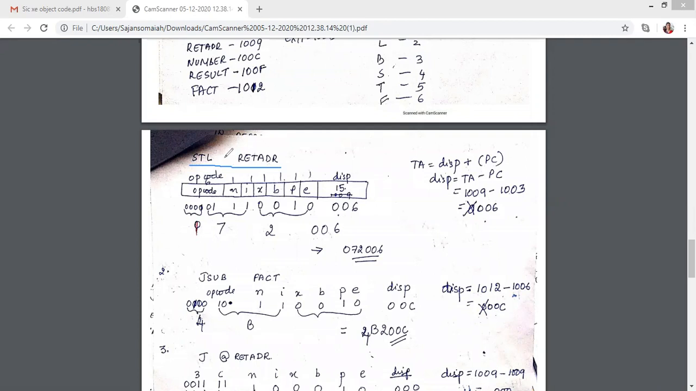Now this is definitely a 3-byte instruction, right? So the 3-byte instruction format looks like 6 bits for opcode and 6 bits for the flags and displacement, right? Now what is the opcode? The opcode for STL is 17, which is given in the question. So I will just write 0001 for 1 and 0111 for 7. So this is how we represent the opcode. Now coming to this,